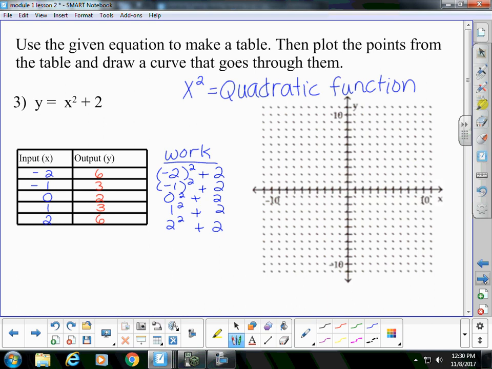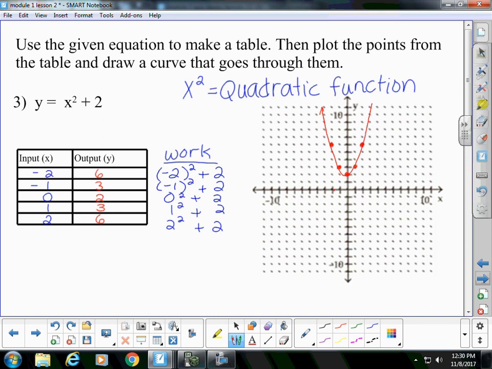Okay, so let's plot these points. So the first point is (-2, 6), and then (-1, 3), (0, 2), and then now they start to repeat, (1, 3), and (2, 6). And then we can make that U shape,